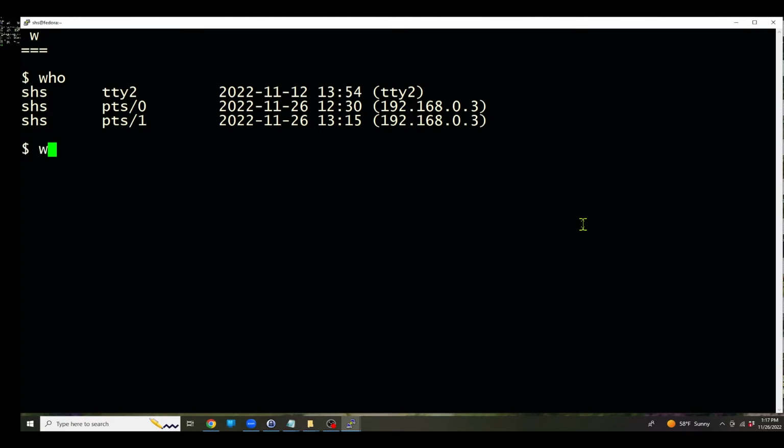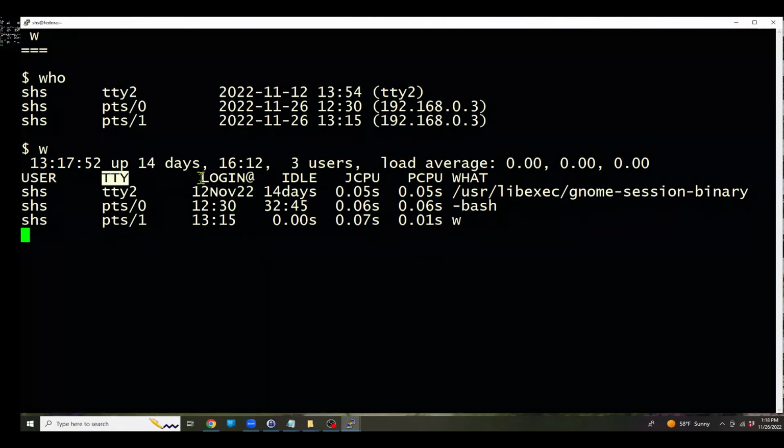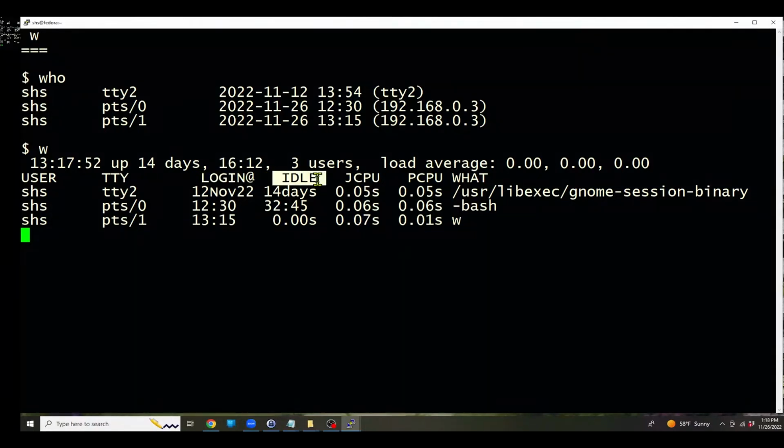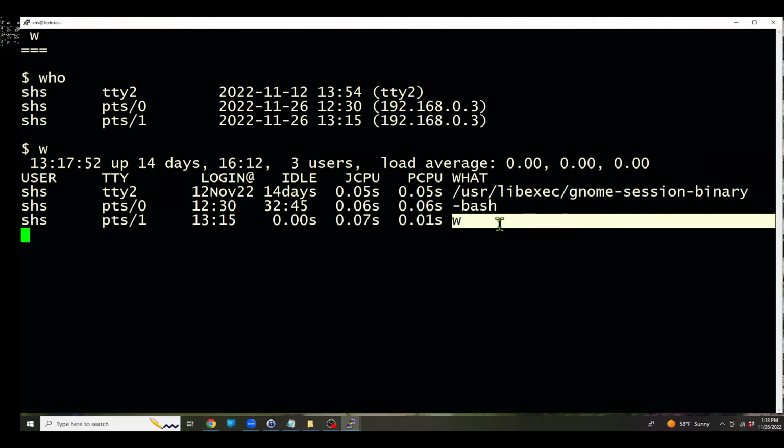coming from, the W command also shows you how long the system has been up, the number of users logged in right now, the load averages, that's the 1, 5, and 15-minute load averages, all of which are right now 0. And then we see the users in the terminals and the login date and time, how long they've been idle, and even what commands they're running over here. And as you can see, one of the users is running W, so that's not much of a surprise, I